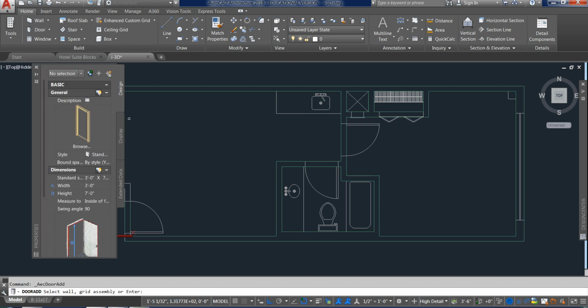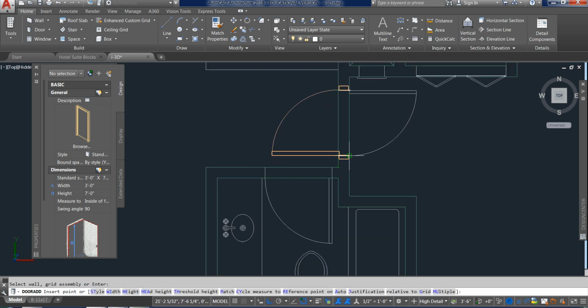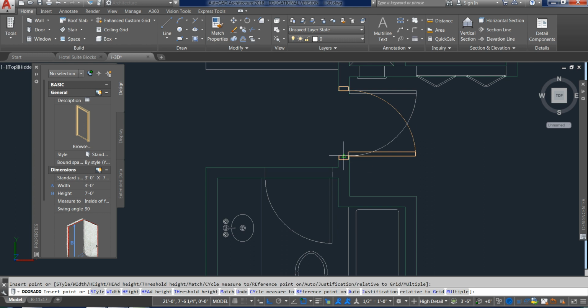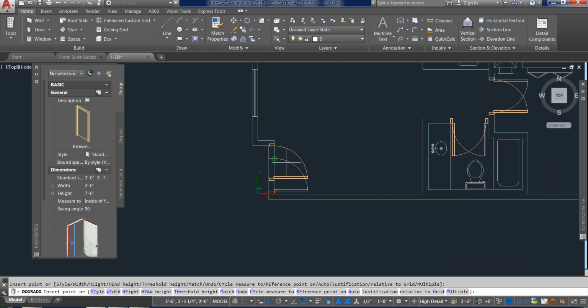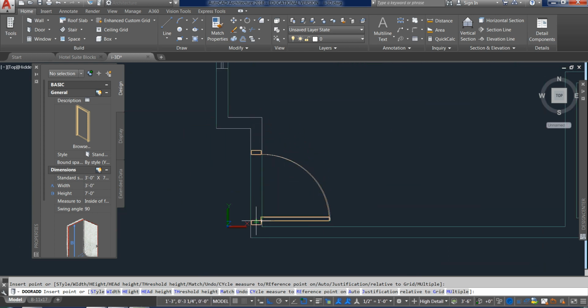So I've got a door, and I do know that these are all 3-foot doors, so I'll go ahead and pop them in. And even though this door is not facing the right way, I'm just going to place it in position, and then I can come back really easily and flip the direction of those door swings. So I'm using Object Snap just to place it.